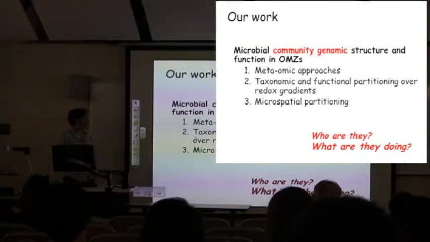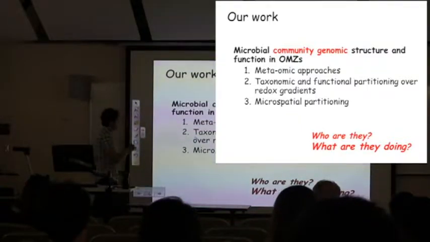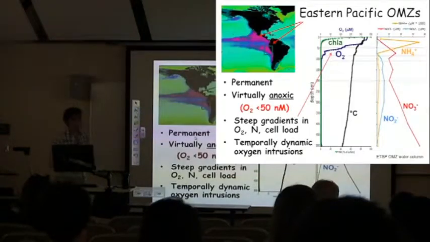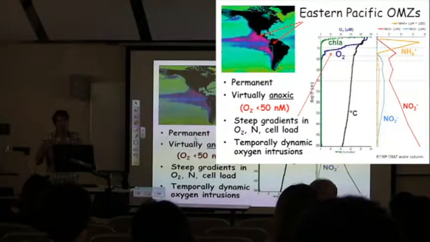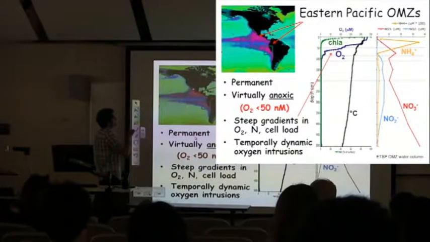interesting stuff, the taxonomic and functional partitioning of microbes into redox gradients, and what I think is very interesting as well, this idea that there are some fairly profound differences in microbial function at the microscale, which is perhaps not surprising, but hasn't been exhaustively studied. Okay, so like I said, we focus on these two OMZs, one in the eastern tropical North Pacific,